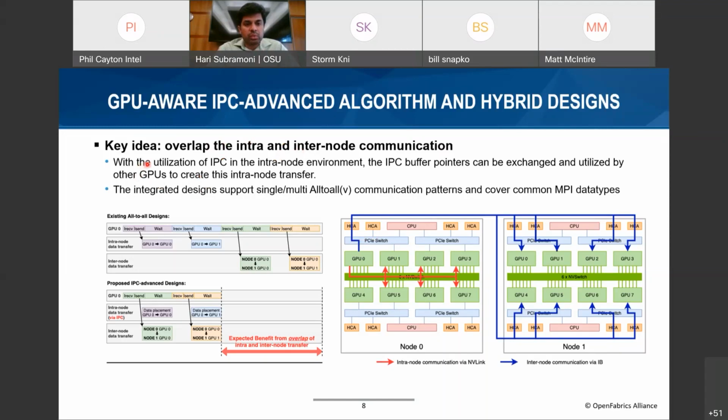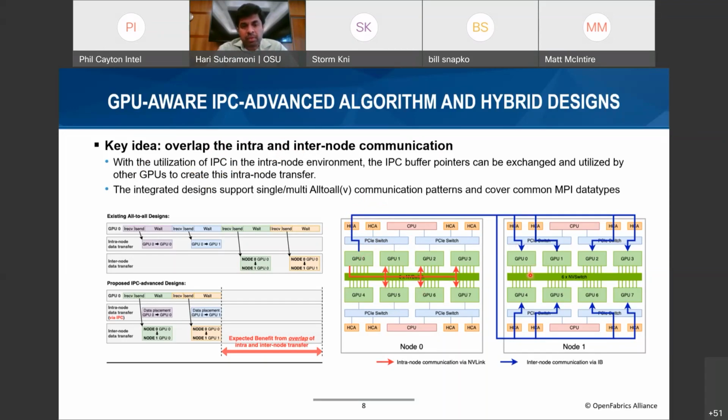So what we try to do is utilize IPC for data movement inside the node, and at the same time perform RDMA operations